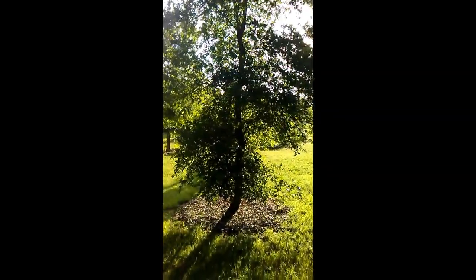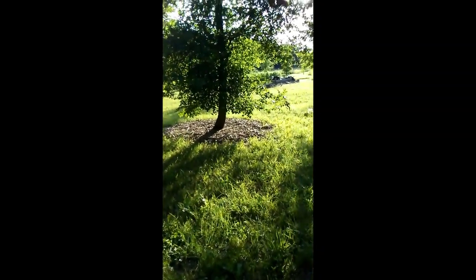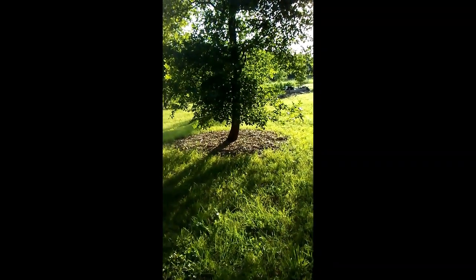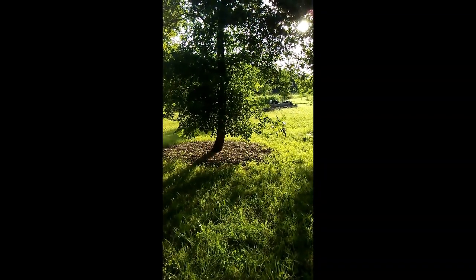This tree was actually growing on a neighbor's property. Of course, when I got it, it was only about 3.5, 4 foot tall. But I don't know if you can tell at the bottom, sorry about the movement, it makes like this Nike swoosh. Well, when I first got the tree, it was actually growing out from underneath another tree. And its Nike swoosh was